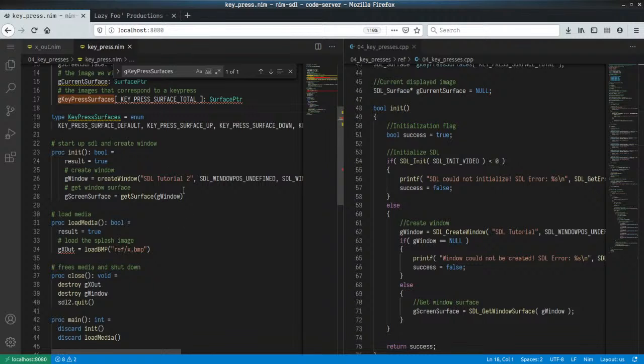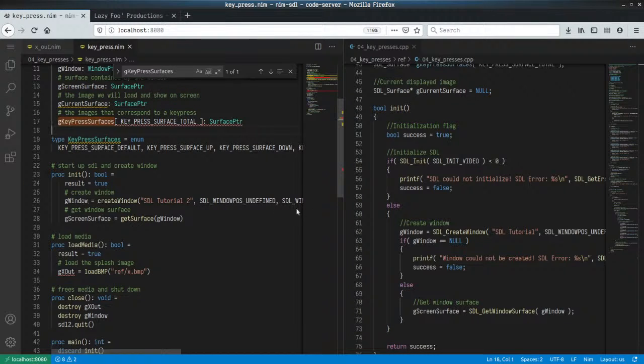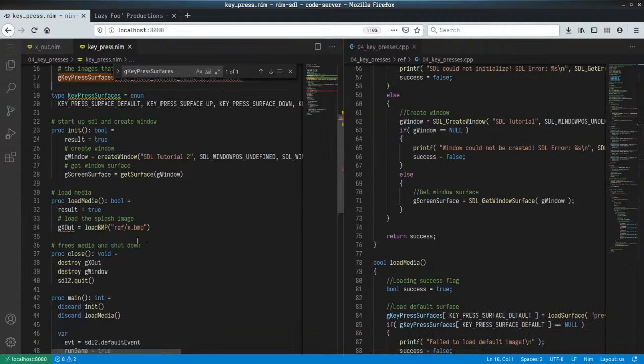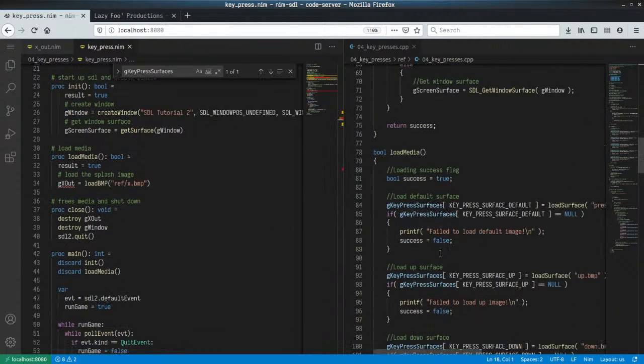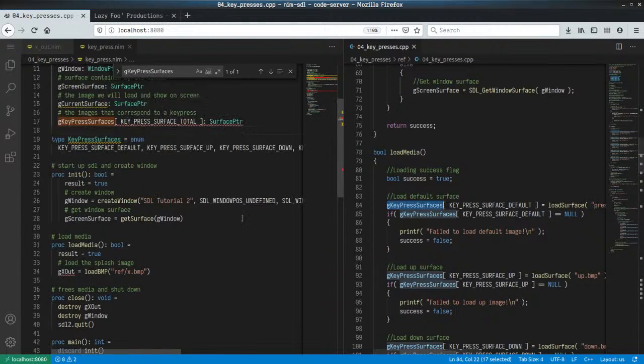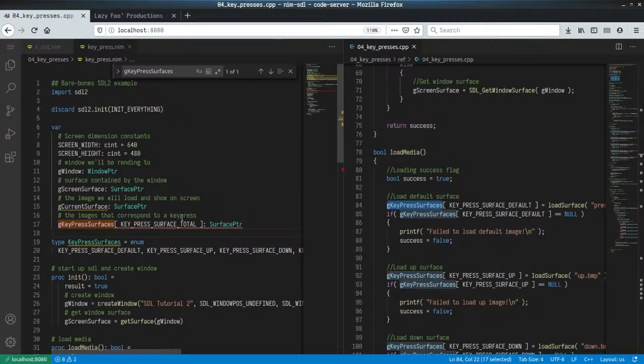And let's go and look at init first. So first result equals true. We create a window, we create the surface, and then we return. Okay, that's straightforward. Load media. Okay, now this one's a bit different because this is an array of items of the enum. Right. So we need to figure out a way of how we can